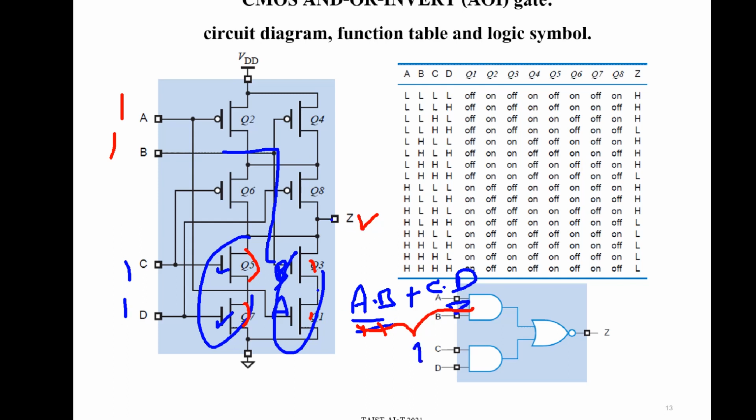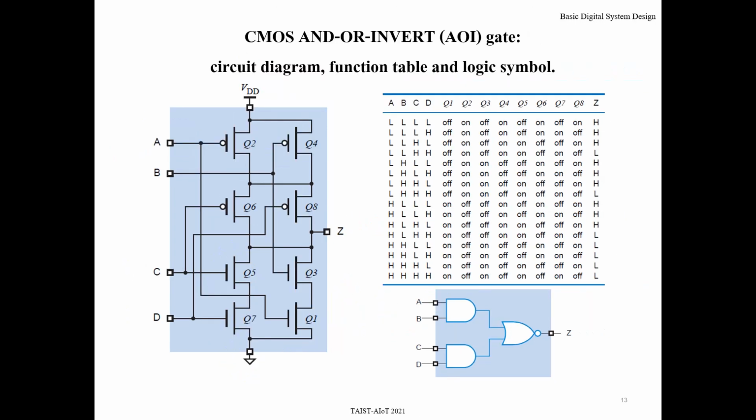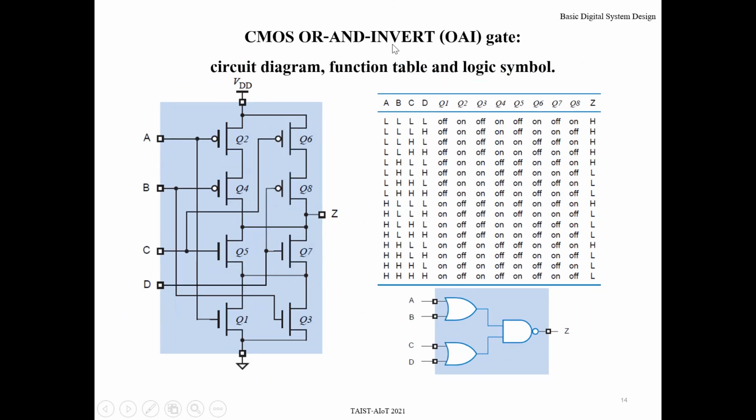But the circuit output Z will connect to ground, so you need to invert this one. The result is AND and then all together and then invert. This kind of configuration is called AND-OR-invert. For this one, it is all AND-invert, namely